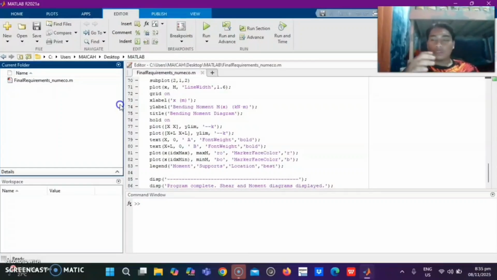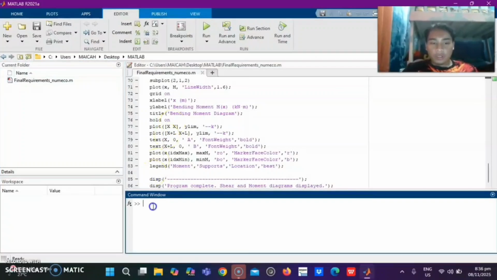So what it does is it activates our script. So this script will be working when we input the script name on the command window.